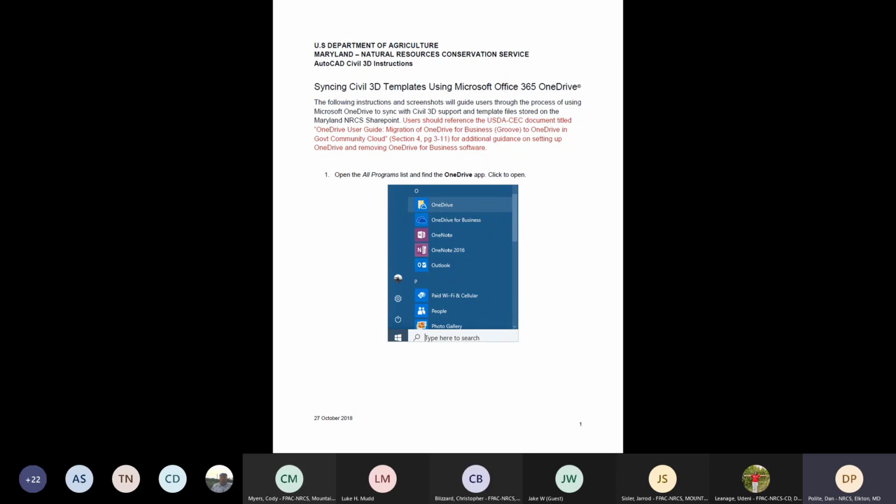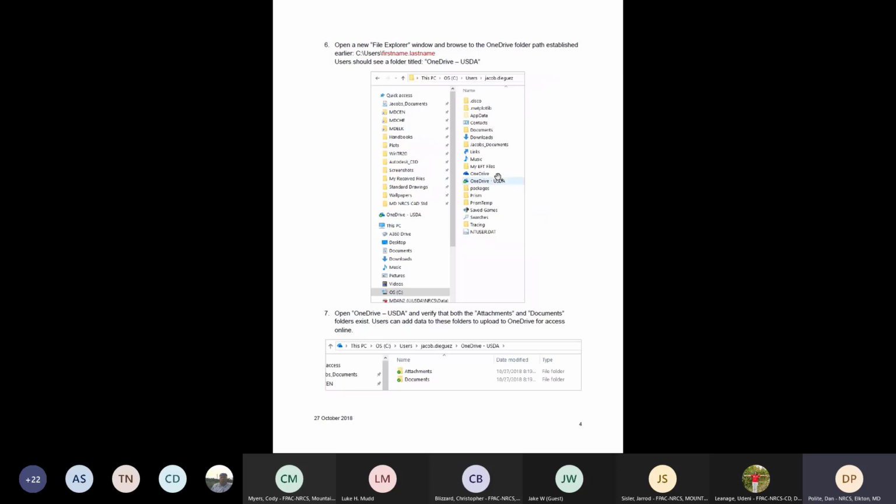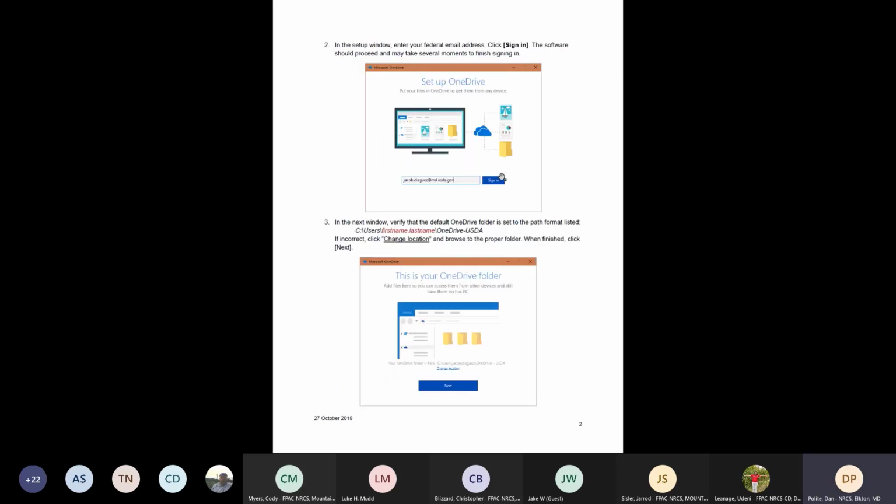Once you sign up and put in your user information, you'll actually have two different OneDrives. One is for the Fed side of things, and one is made up for your personal OneDrive. It's almost like we used to use the F drive for all of our documents and saving our documents,